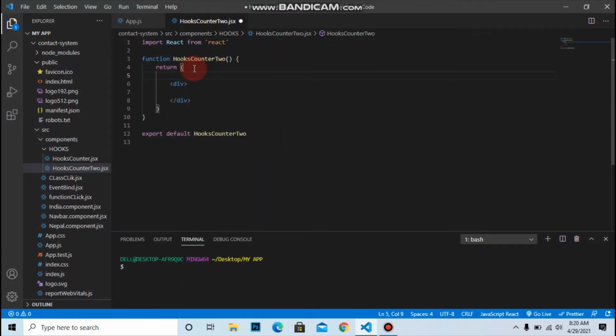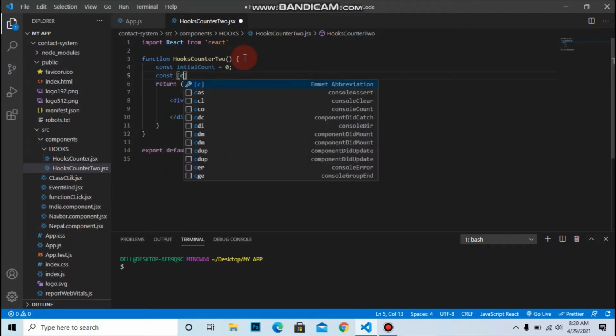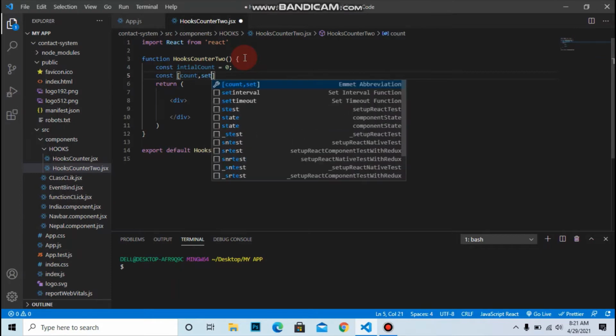Let's make one useState variable and the corresponding set function in the function HooksCounter. So const initialCount with 0, then the corresponding setter function: const [count, setCount].